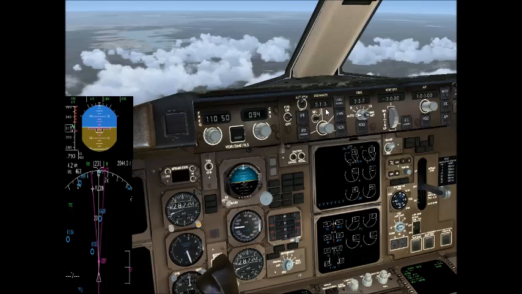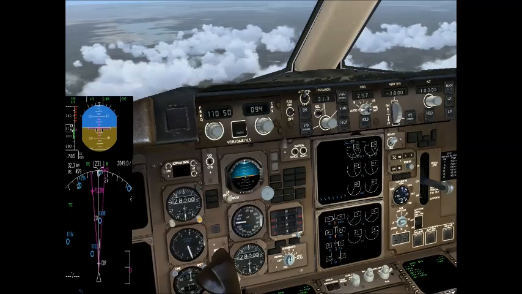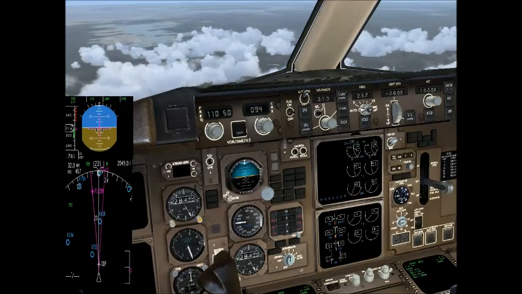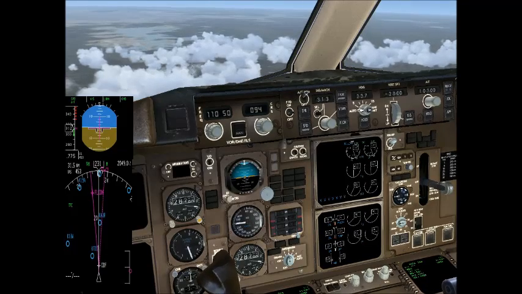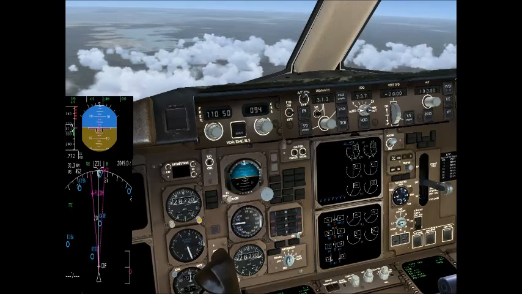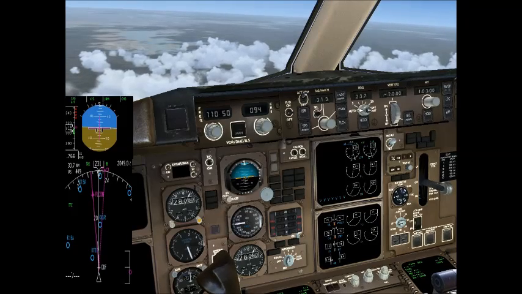So I'm going to hit the slash to throw our spoilers down. As you can see, it's going to bring our speed down. You can hear it when it kicks in. The audio too on these 757s is awesome. I read about it. Apparently, they